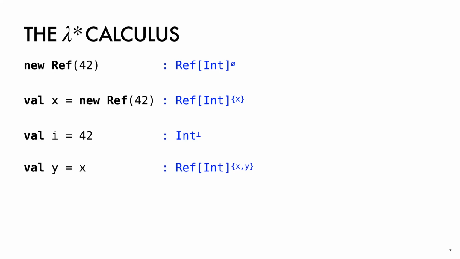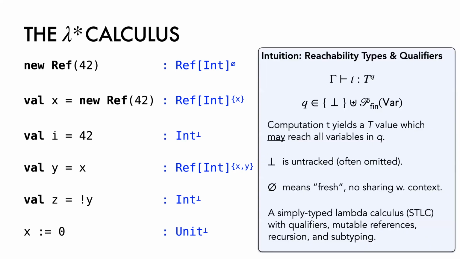When we now introduce aliasing, such as assigning this x to y, then we include all the known aliases at this point in the program. In this case, y aliases itself, and it also aliases x. And of course, we have the usual operations, such as dereference and assignment on mutable references. The general